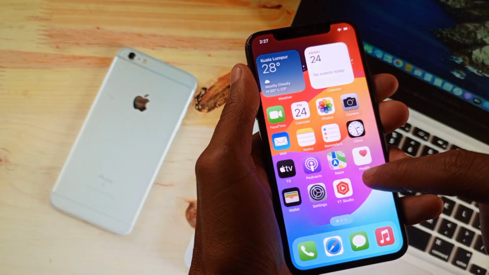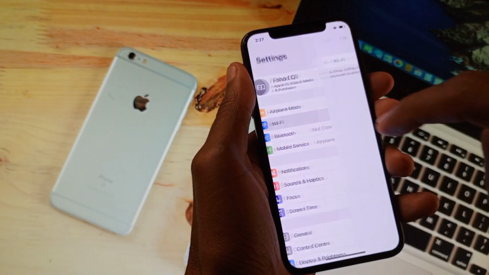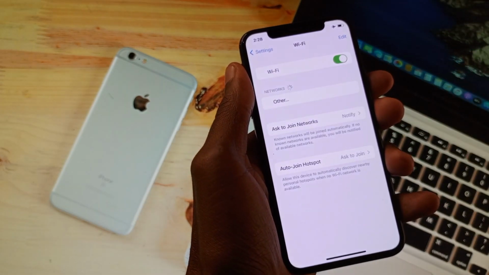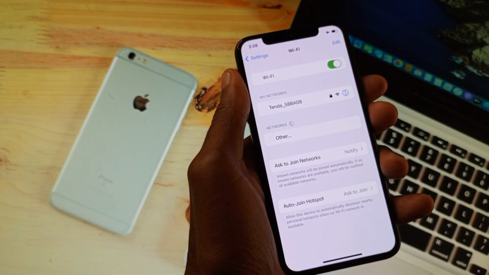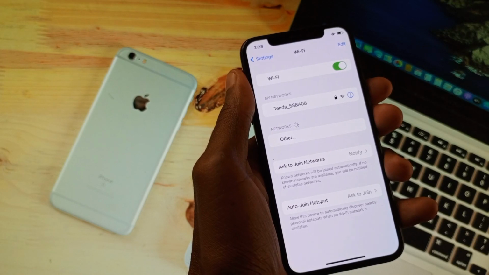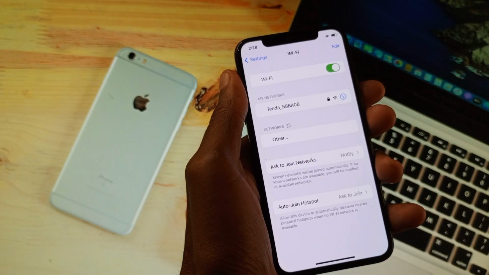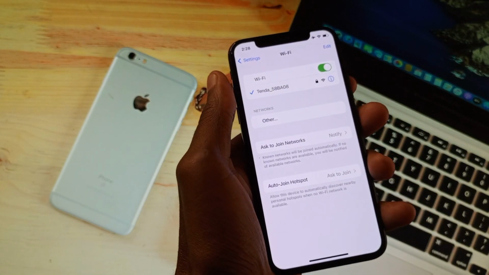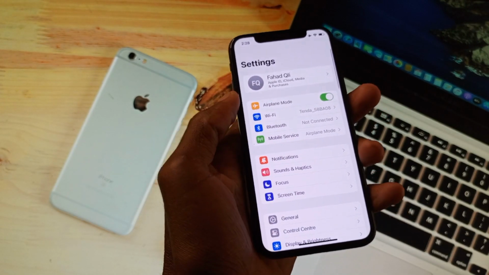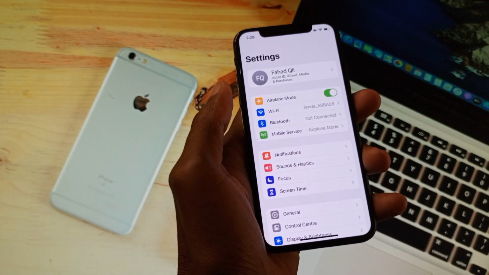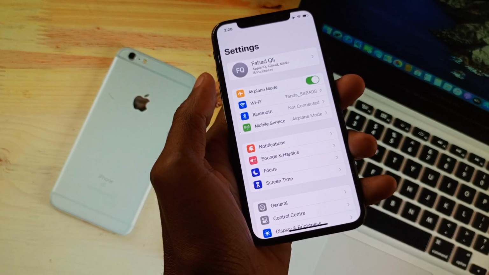So guys, first of all you need to open your settings, and guys you need to click on Wi-Fi, and guys you need to turn on your Wi-Fi. And guys, if you're using mobile data, then you need to turn on your mobile data on your iPhone, because the main reason for this problem is the internet connection. So guys, after connecting to the internet you need to go back, and guys the second main reason is network